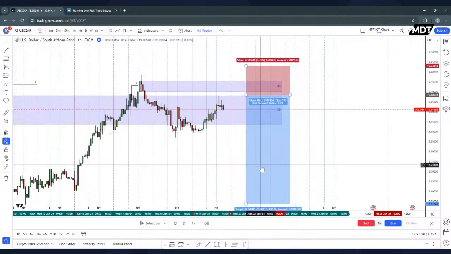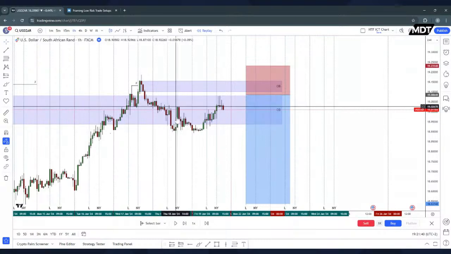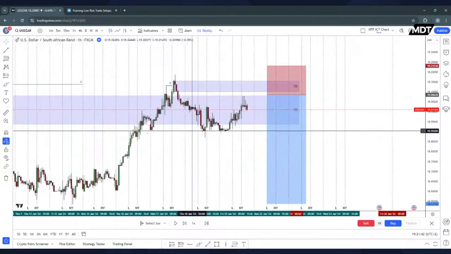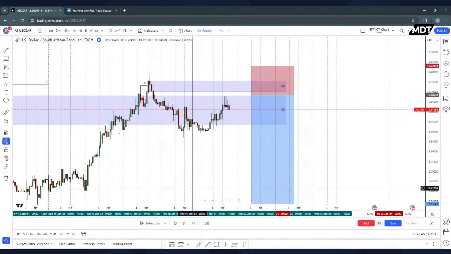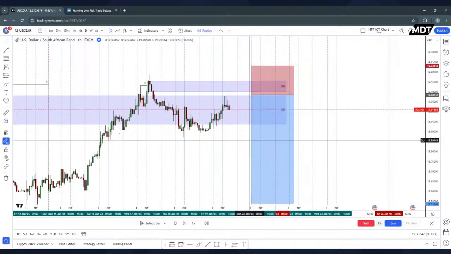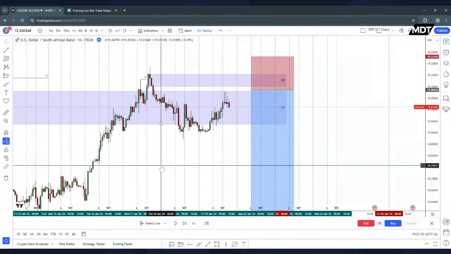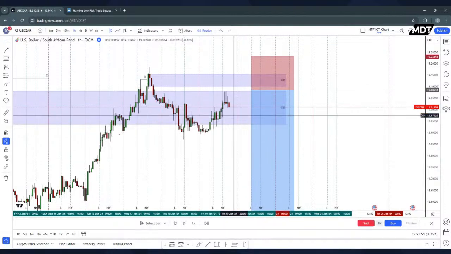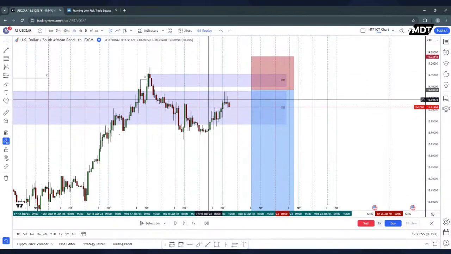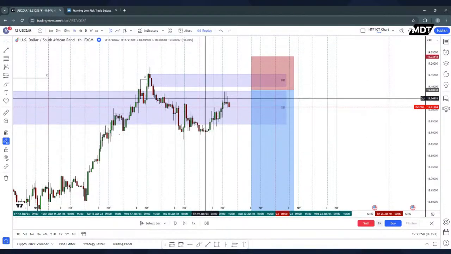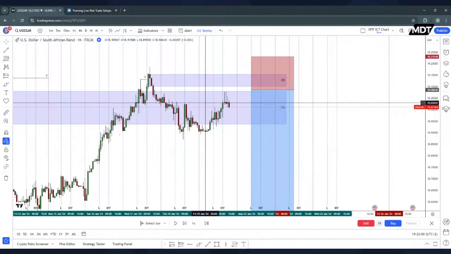Yeah, typically I would have liked this to occur a lot quicker, but we are slowly correcting back higher. The order block hasn't been mitigated yet, so we could still see a bit of a reaction before we start trading higher. But then again, similarly to the last trades, I wouldn't.